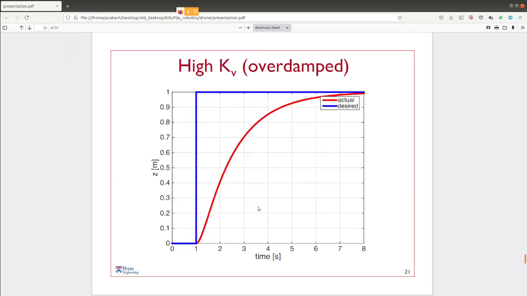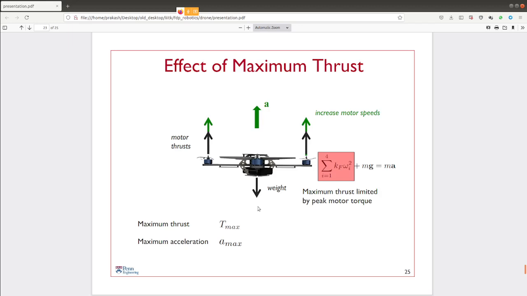Okay, see, and again this is over damped. So that's about the control system. But there is a problem in that algorithm. The problem in that algorithm is,